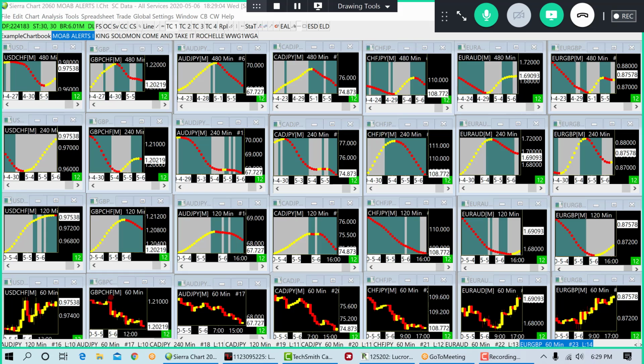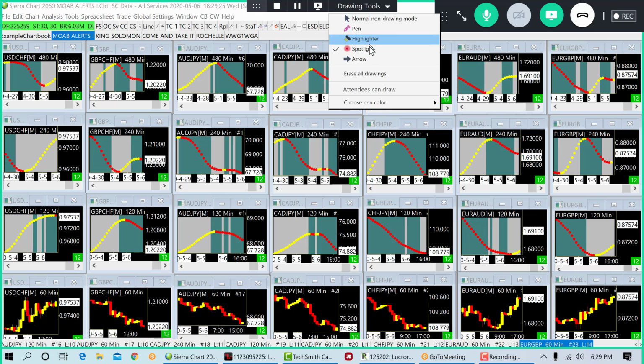But look at this. Pound Swiss is going down. 120 is going down. 240 is going down. And so is the 480. It's kind of going down, not quite yet. And look at this. Down means the dark gray screen here, here, and here. So actually we could probably, let me pull up